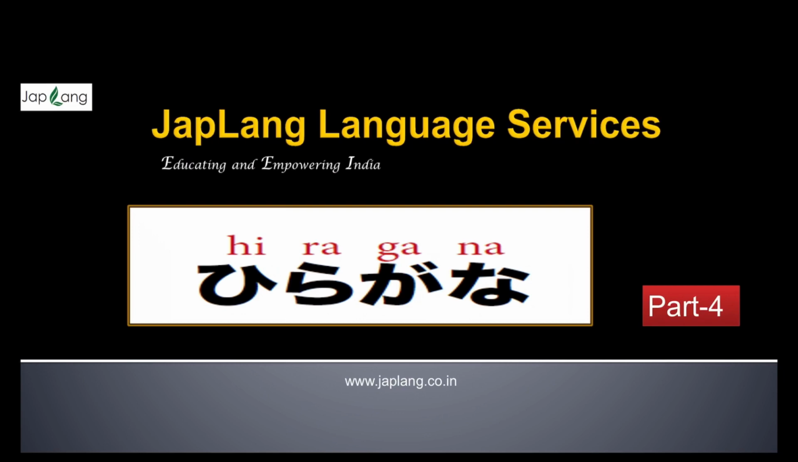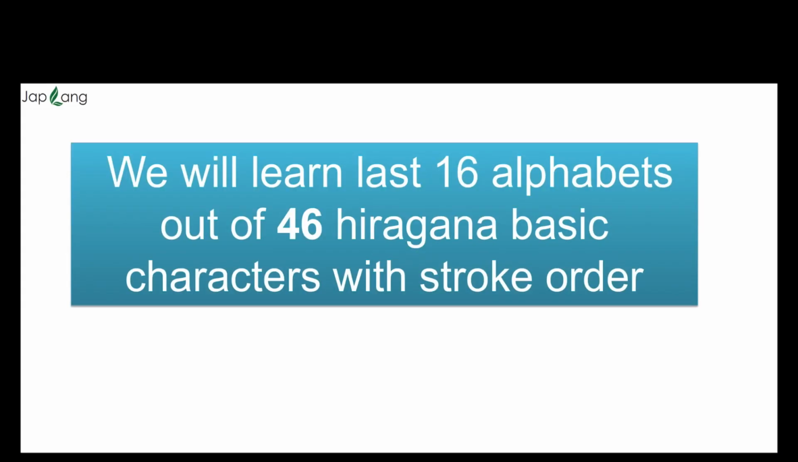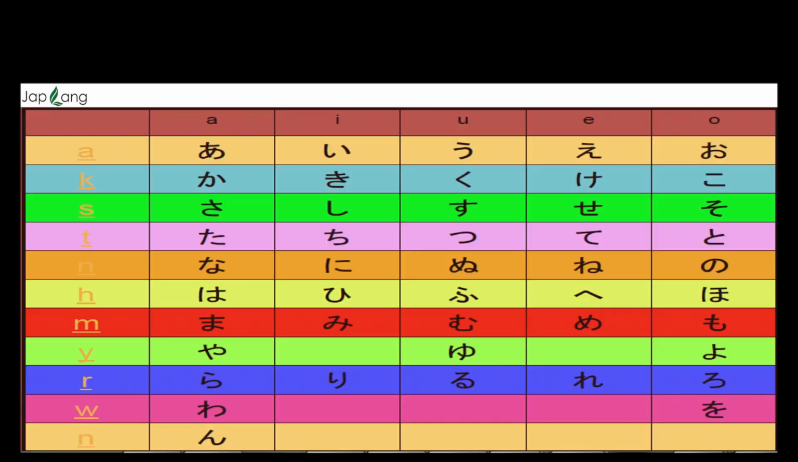Today, this is the part 4 video where we are going to talk about the last 16 alphabets out of 46 Hiragana basic characters with stroke order. And also we'll be revising from beginning to the end, from A, E, U, A till the end of the alphabets. Alright, so today, as you can see, we will be learning from Ma, Mi, Mu, Me,